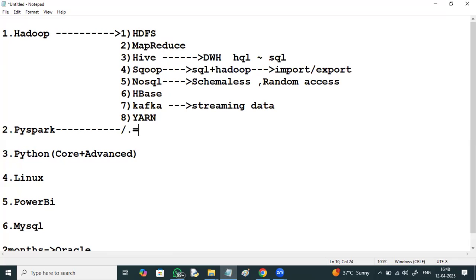So in PySpark, the first thing is PySpark core programming.